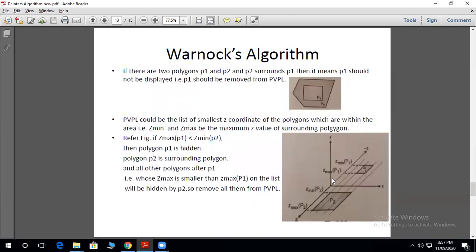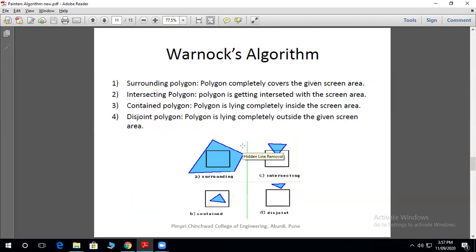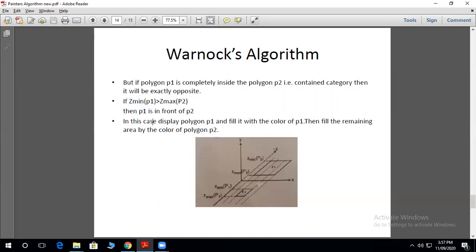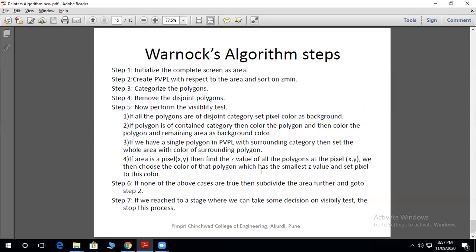So these are the two cases in Warnock's algorithm apart from the four categories that we have seen. Now we'll see the algorithm steps. Step 1, initialize the complete screen as area.